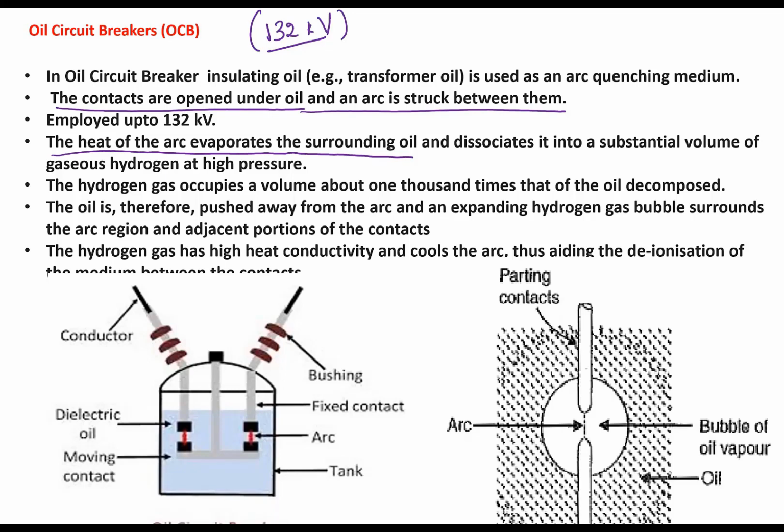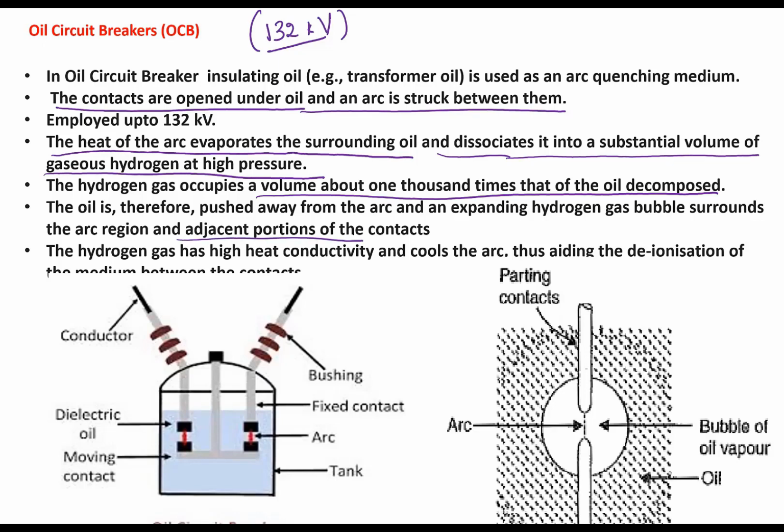The heat of the arc evaporates the surrounding oil and dissociates it into a substantial volume of gaseous hydrogen at a high pressure. The hydrogen gas occupies a volume about 1000 times that of the oil decomposed. So as I said, 1 ml of oil, when it decomposes, will give 1000 ml of gas, out of which the major portion is hydrogen. The oil is therefore pushed away from the arc, and an expanding hydrogen gas bubble surrounds the arc region and adjacent portion of the